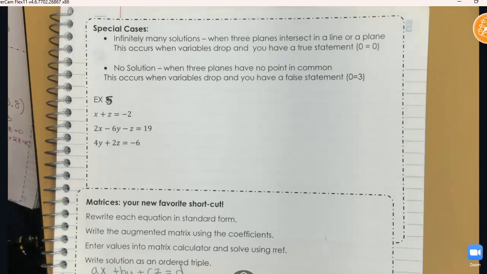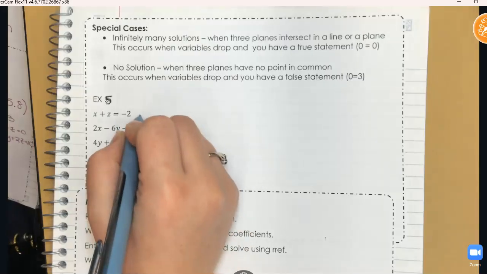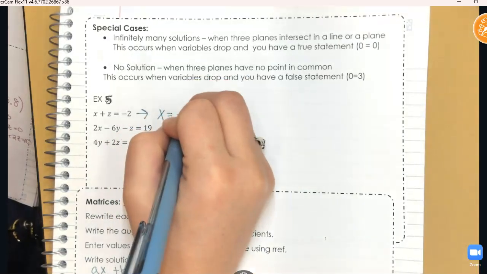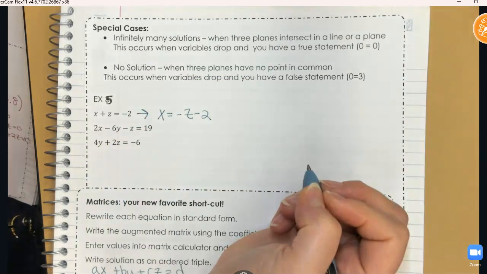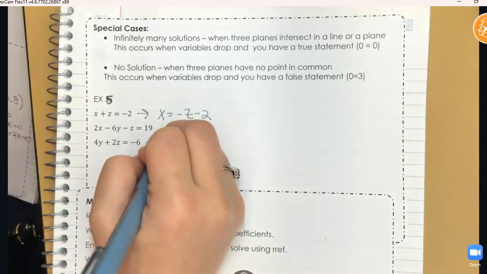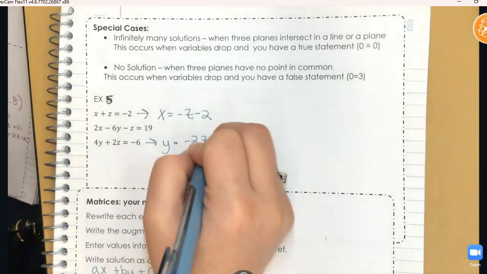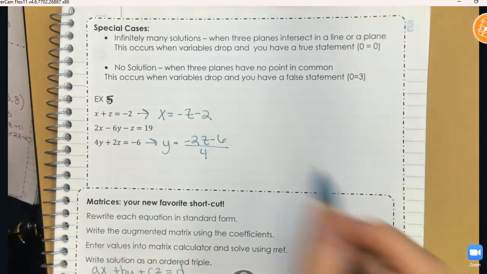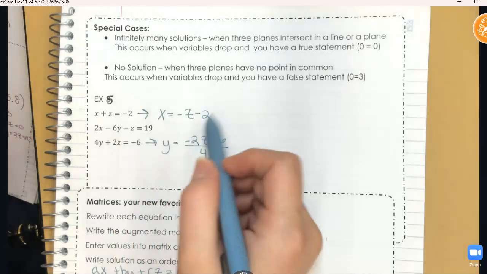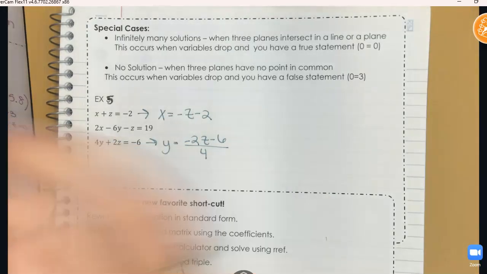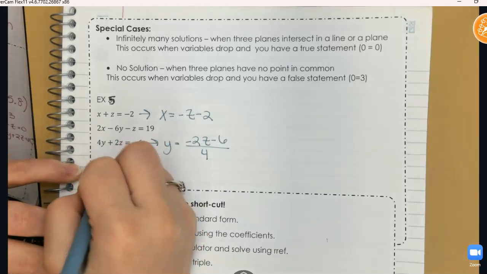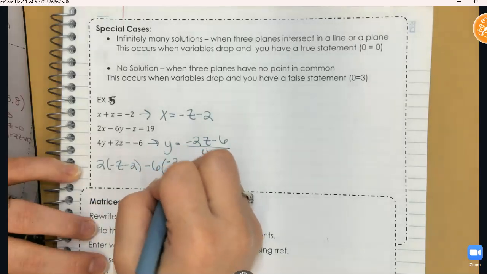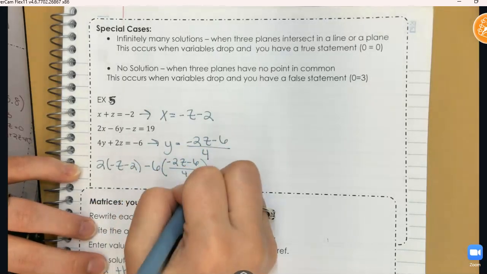I think I'm going to go ahead and do substitution, and I'm going to get x by itself. So here, x equals negative z minus 2, and then here y equals negative 2z minus 6 divided by 4, that's me getting y alone. What I have now are an x and a y that are in terms of z, and I can plug that into equation 2. So 2 times negative z minus 2 minus 6 times negative 2z minus 6 over 4